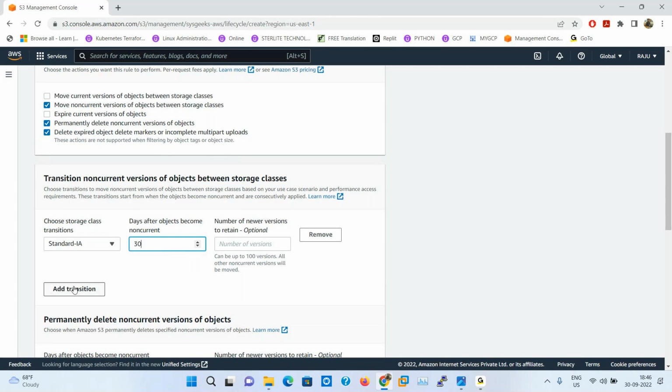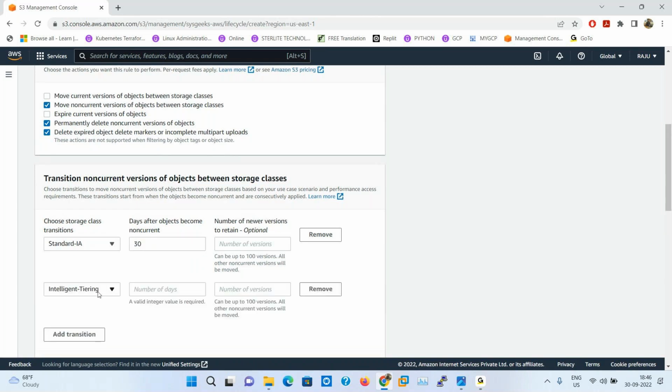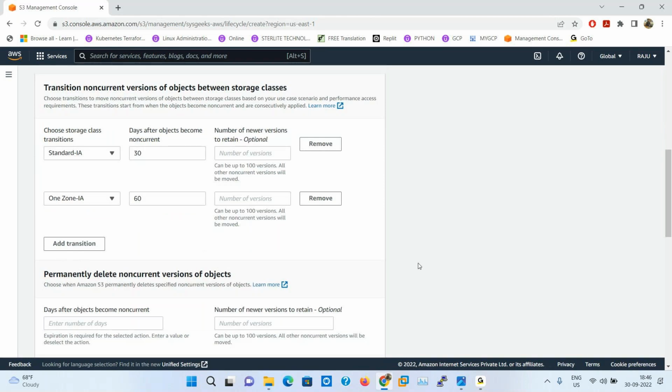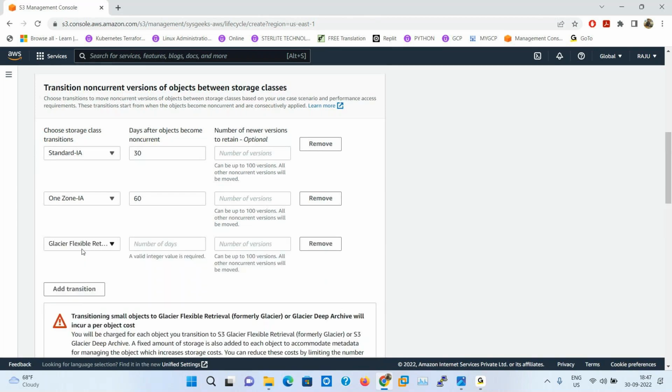After Standard IA, the data is migrated to One Zone IA after 60 days. Means your objects migrate from Standard to Standard IA after 30 days, and after 60 days from Standard IA to One Zone IA. Then permanently it will go to Glacier Deep Archive after 90 days.